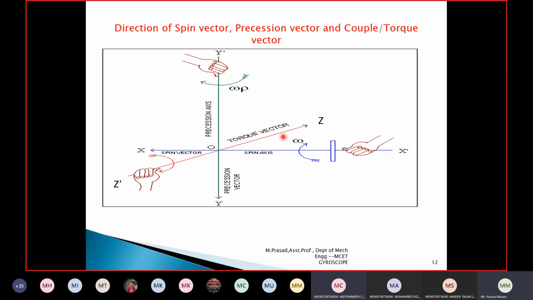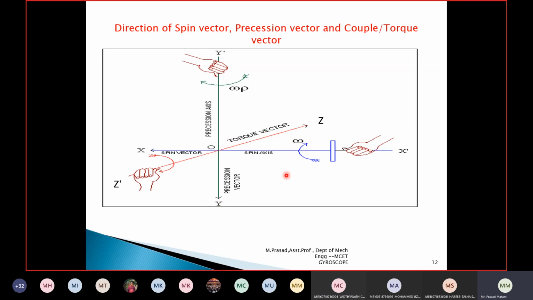Another direction other than x and y. It is acting in the x and y. So due to this rotation of the spin, this is the position of the spin vector I can show here. Similarly, you can see the y position. How to draw the vector position of the y? It is showing downwards. It means if the precession velocity rotates in this direction, then only it will move downwards.